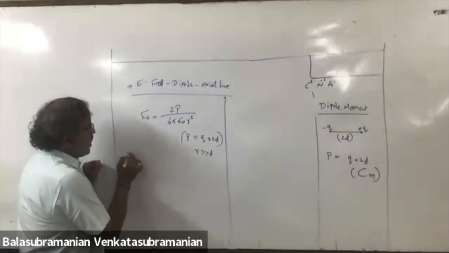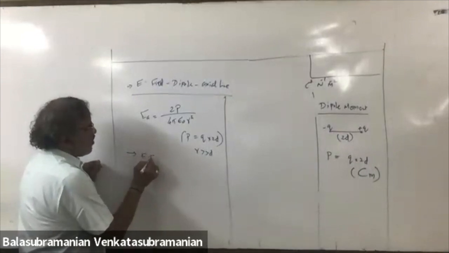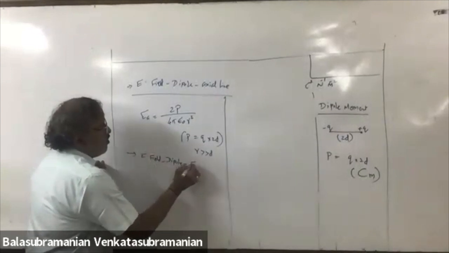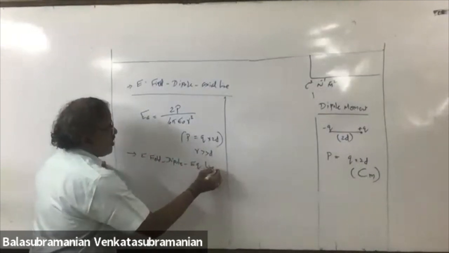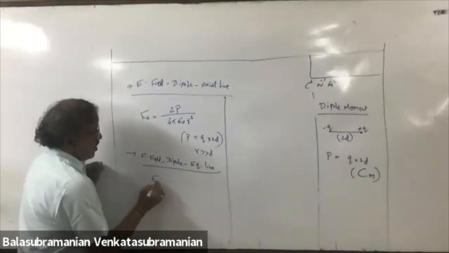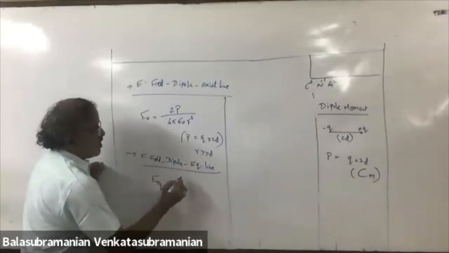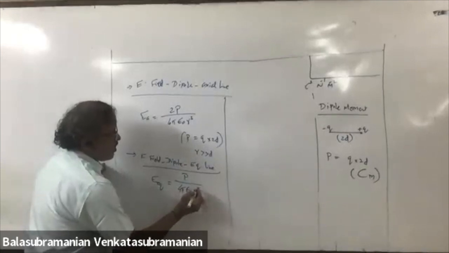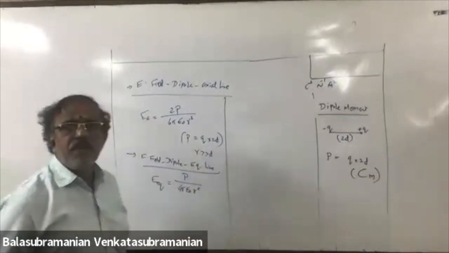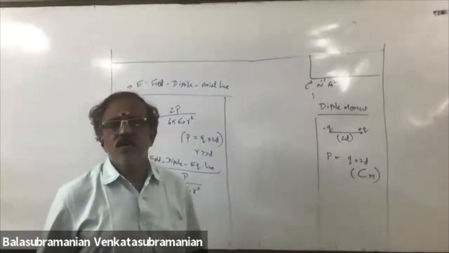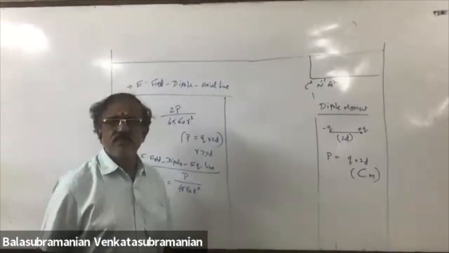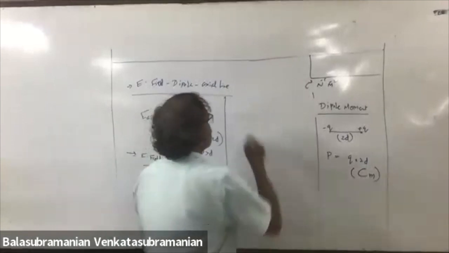For the equatorial line, the electric field of a dipole on the equatorial line, E equatorial is equal to P by 4 pi epsilon naught r cube. It is half of the axial line value. Okay. Next,